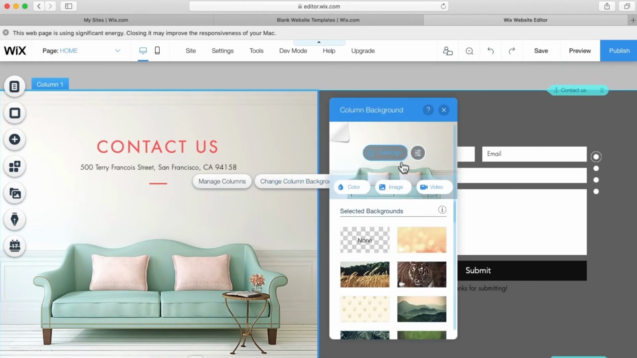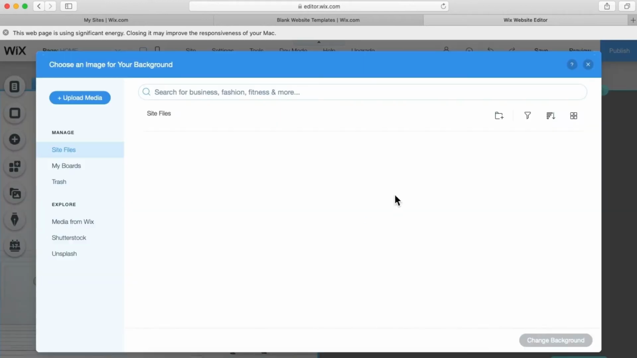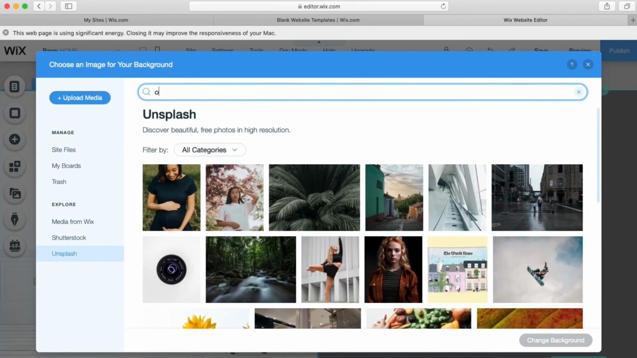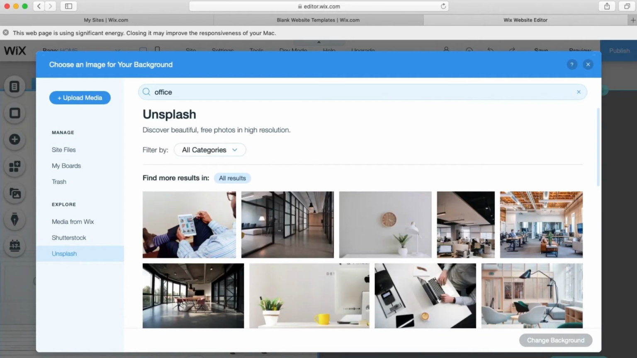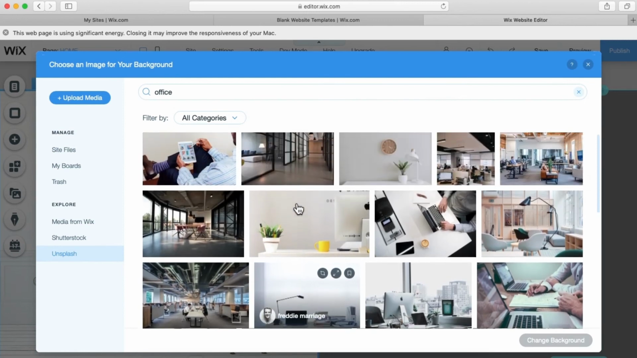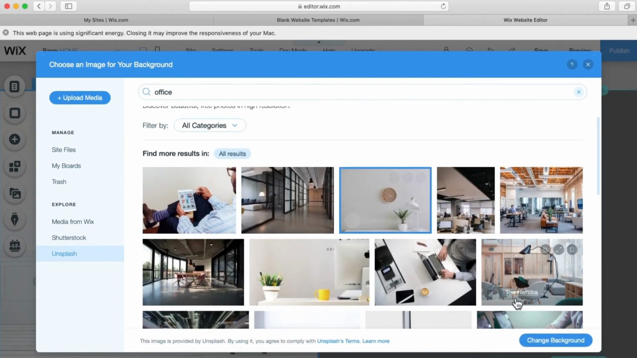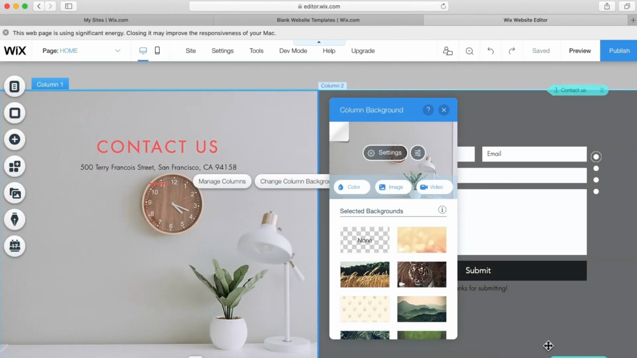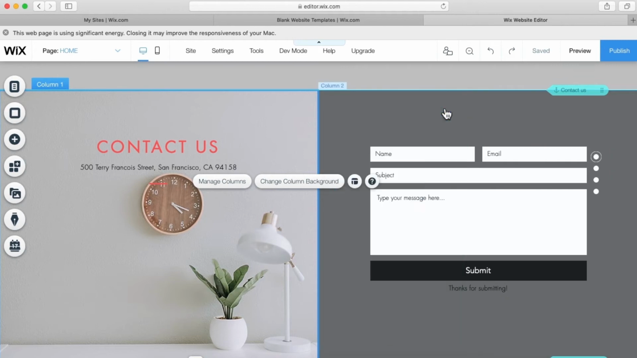Change column background, image, Unsplash. Let's search office. Let's see what we see in this section. As you can see, we have got these pictures. Well, we can use this. Change background. Yeah, it's looking good. Now what we can do is